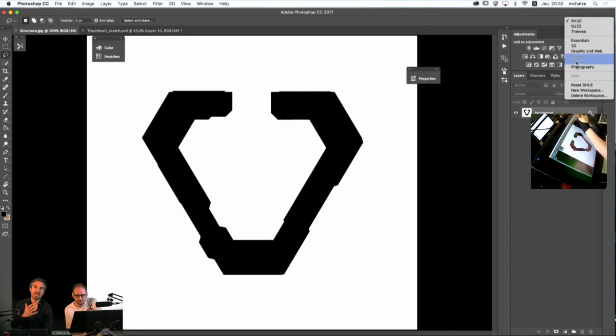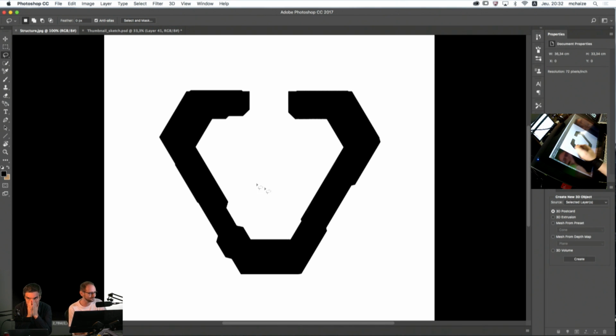And it's more complex. Okay, I get what you were saying. You just have straight lines, blocks. It's typically sci-fi, this kind of diagonal sort of shapes. Then what you can do is you go to the 3D panel